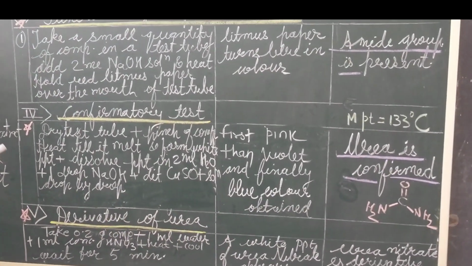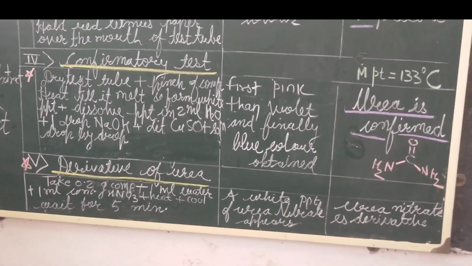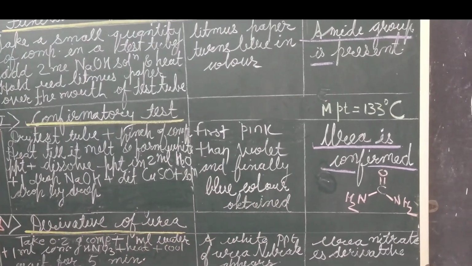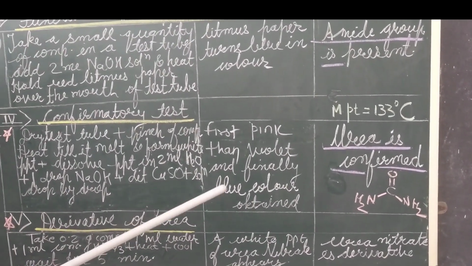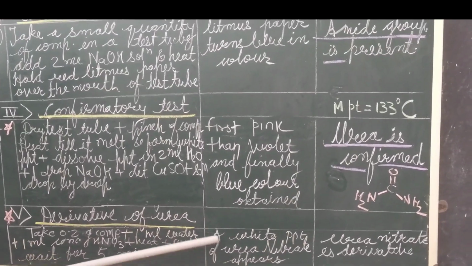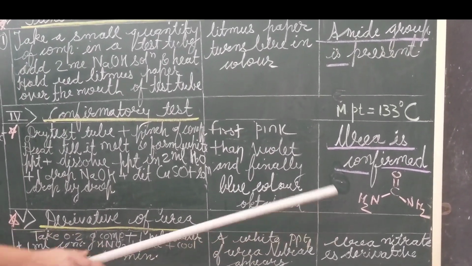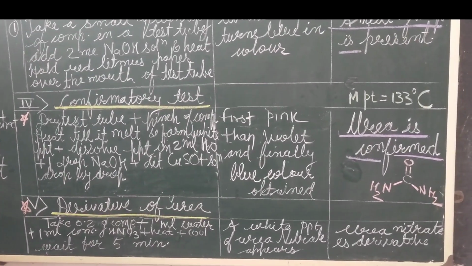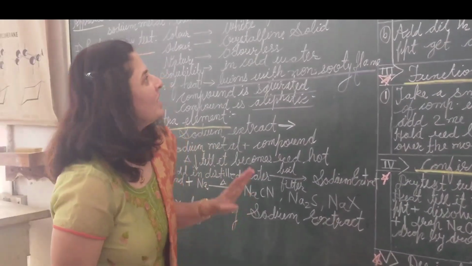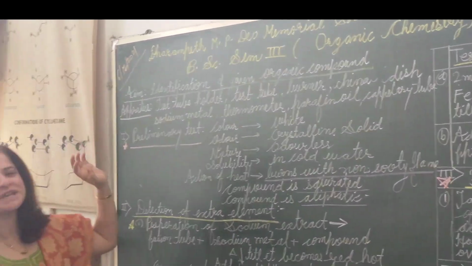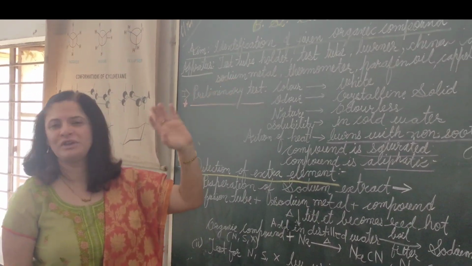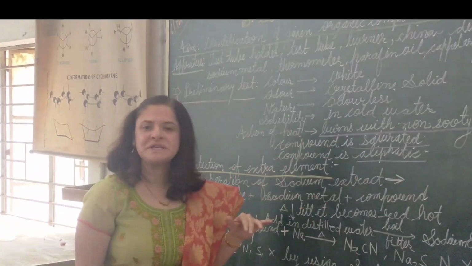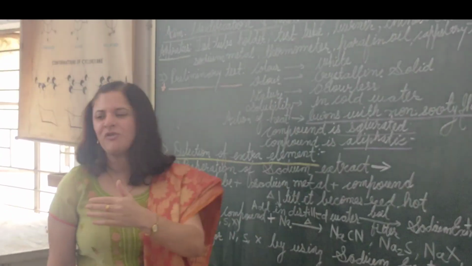Then next is our derivative preparation of urea. We have prepared the urea nitrate. A white precipitate we have obtained here of urea nitrate, and after the melting point confirmation, urea nitrate is further confirmed. So this was all about today's experiment, that is the identification of the given organic compound. Now all these tests in detail we will perform on the table.